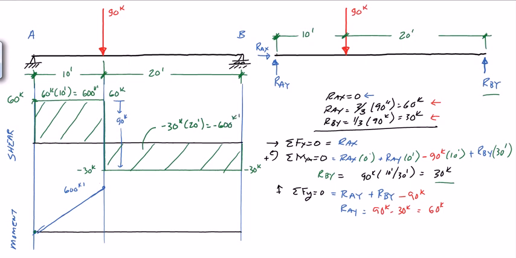So I start at 600, I subtract 600, and I get down to 0. So my moment drops down to 0. And that's the nice thing about this method, it checks out. I get 0 kip feet at the pinned ends. It's a straight line because we have a constant slope of minus 30. So this is the moment diagram